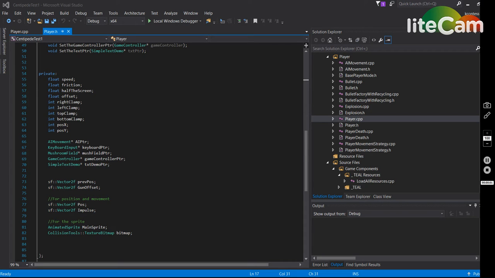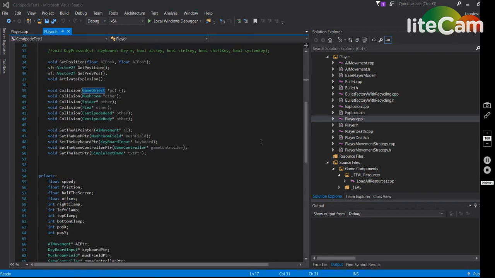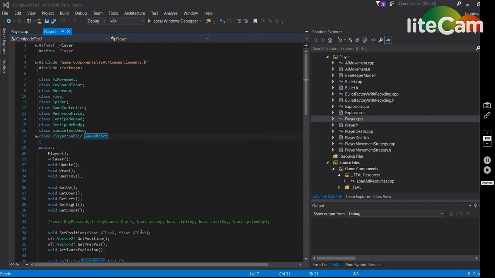Alrighty, so we're back again with the second video, and this is going to be talking about the player, the blaster, the bullet, anything really that's associated with the player. So, in my player H file, I made a bunch of forward declarations of classes that I was going to